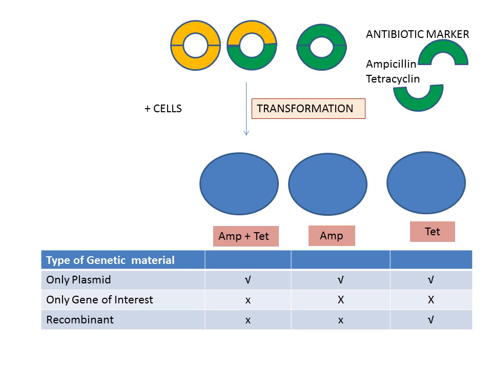We have three combinations of cell. One is fully yellow, that is the gene of interest which has been self-ligated. Second is the combination. Now if you look very specifically, you will find that the gene of interest has ligated to the vector only in the upper half. It means that the ampicillin portion of the plasmid has been replaced by the gene of interest.